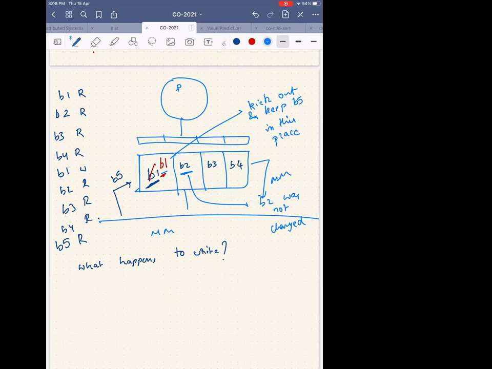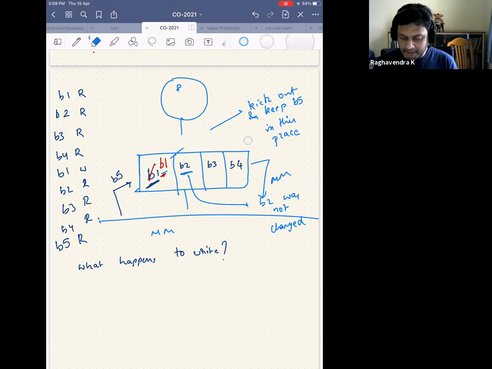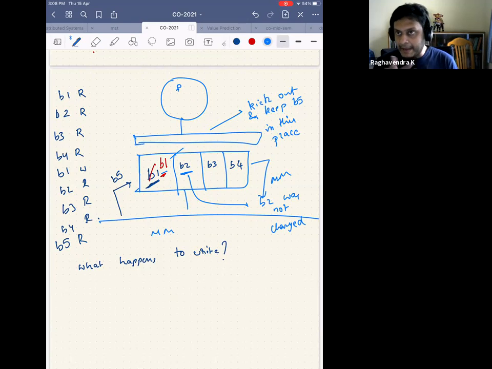How do I know that? We discussed the dirty bit option. So we have a dirty bit, right? We said that the tag is now not just storing the tag part of the address, but it is also storing one extra bit per entry. And this we call the dirty bit.